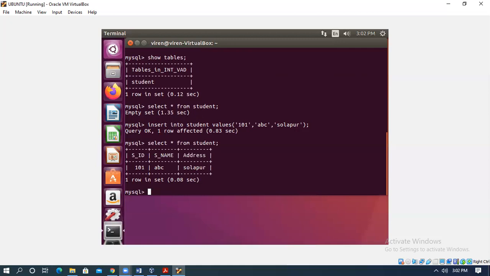We'll insert one more record now. Insert into table name, student, values. Again, suppose now the ID is 102, comma, name is XYZ, comma, city.